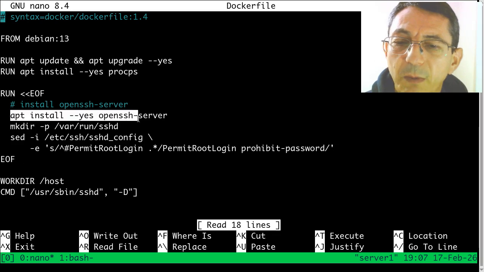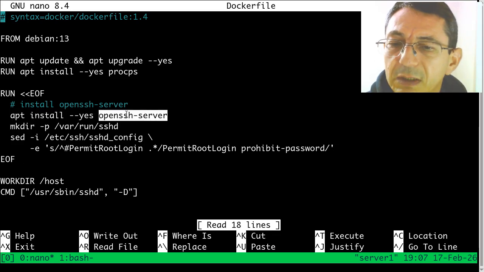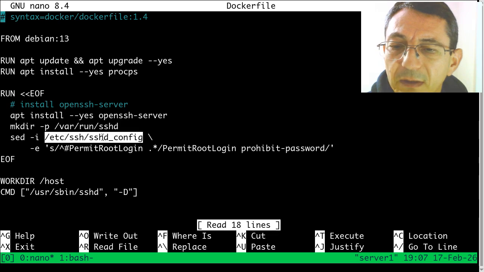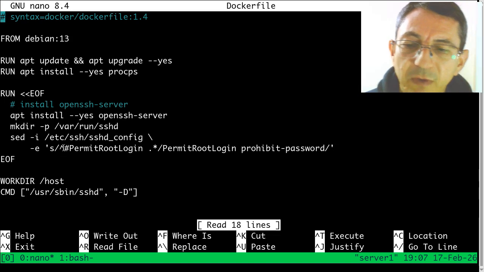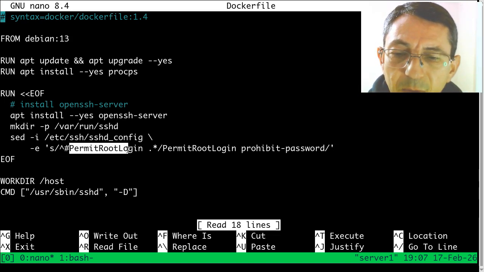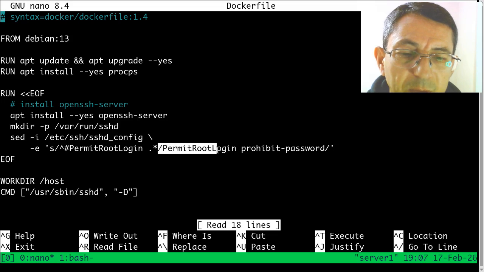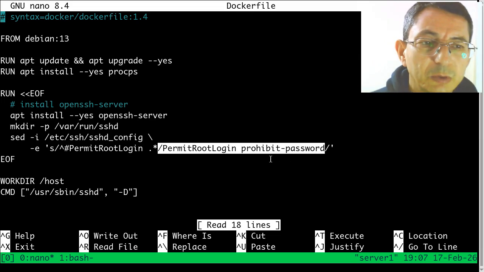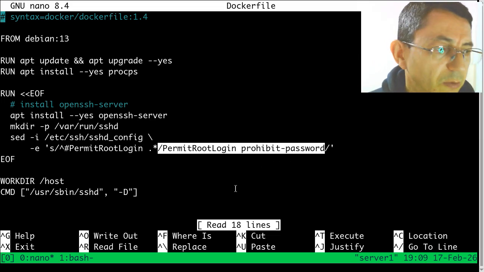Anyway, we installed openssh server here with this instruction, and then we created this directory /var/run/sshd, and then with this sed command we modified the sshd configuration file, and we modified the instruction that says PermitRootLogin to PermitRootLogin prohibit-password. So the user root is able to log in to